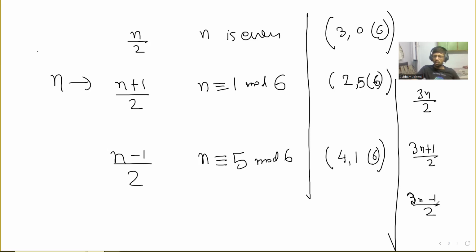Is this function injective? Surely, because of mod 3. And I am claiming that it is surjective because the 0 and 3 mod 6 numbers are taken care of by this,